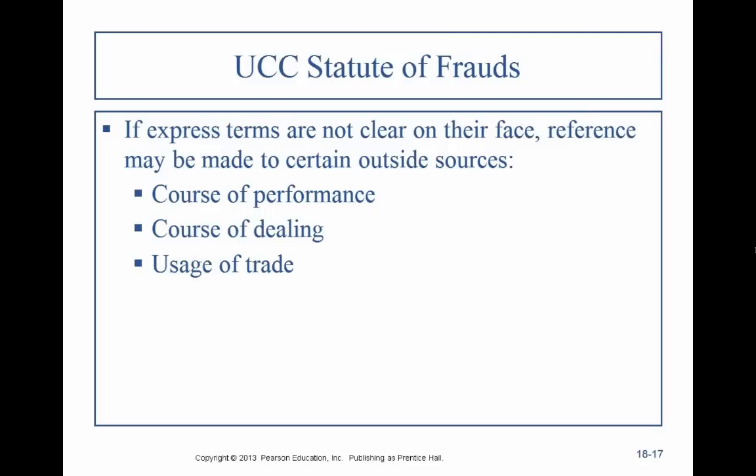But anyway, what kinds of things are they going to look at? They're going to look at course of performance, meaning how have you, through the course of your business relationship with each other, seller-buyer, lessor-lessee, dealt with this kind of issue in the past? Your course of dealing. What does the industry do with something like this? So the UCC comes back to this notion that we can decide this based on information that may be reasonably available, such as the parties' prior behavior or how industry deals with the lack of clarity or ambiguity